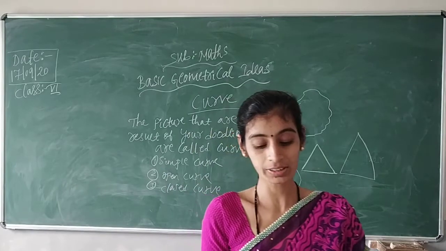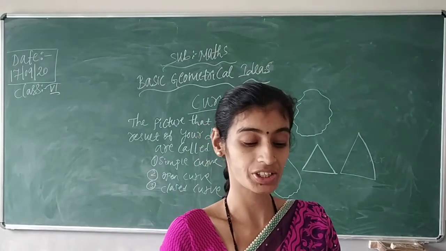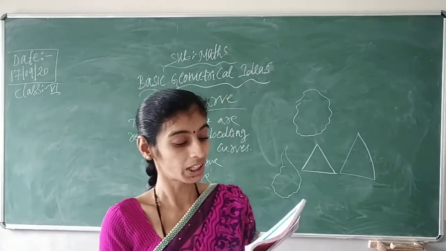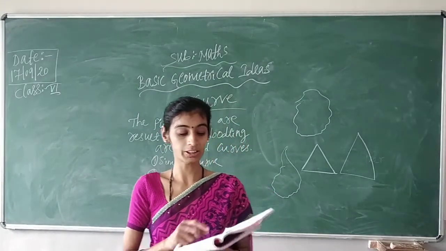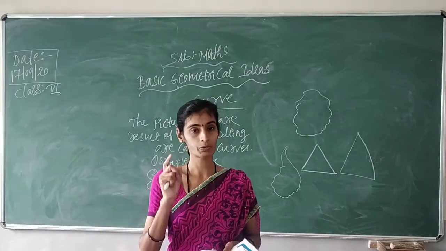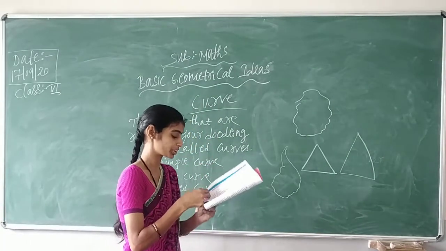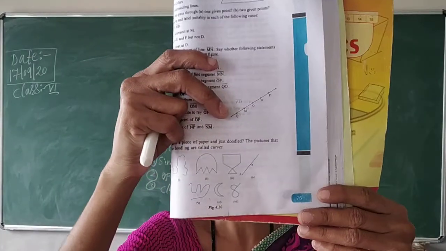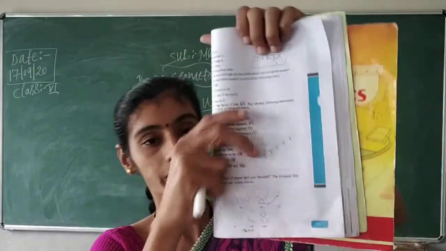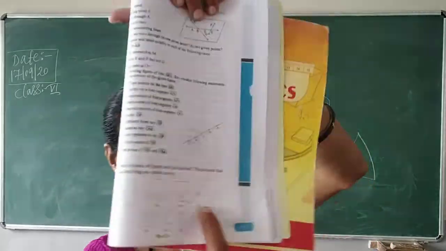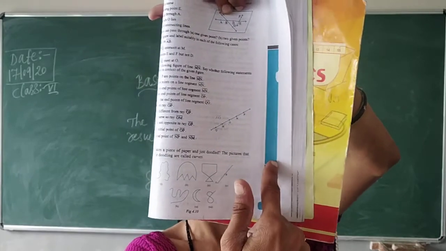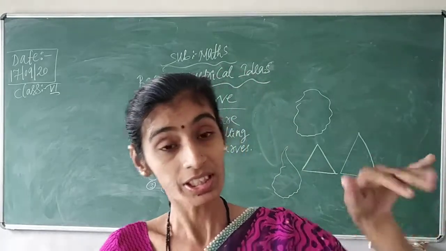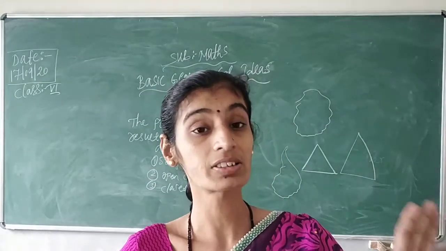That was all in general. Now in mathematics, a curve can be straight. So in mathematics, a curve can be straight, children, like the one shown in figure 4.10, the fourth figure. Page number 75, please open your textbook, they have given you some figures. I hope you all can see. In this fourth figure, can you see, children? It is a straight line, still we consider it a curve. So in mathematics, a straight line is considered a curve.